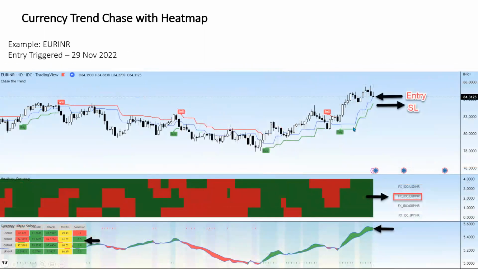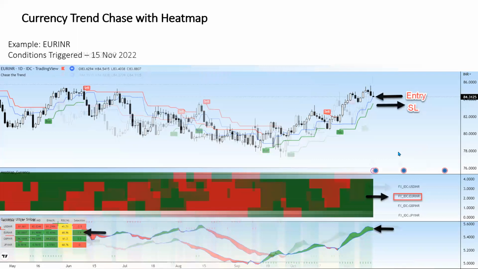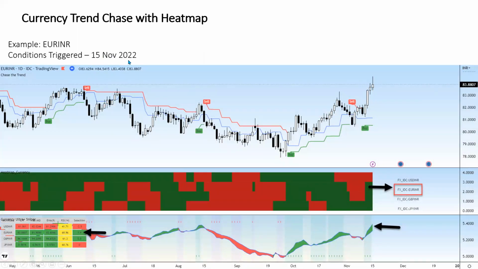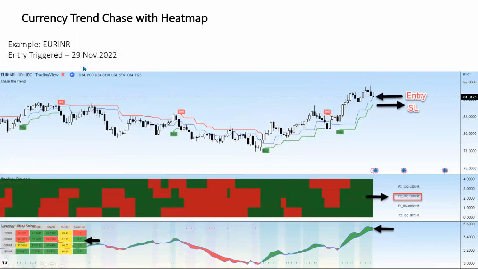we will wait. So let's say this is next, the previous slide was 15th November, okay, then we move on 29th November, this is still green, Euro is still in green, but it is now not as per the current highest selection, but that's okay, we had earlier figured it out. It यहाँ पे भी heat map में is Euro is still green, so whatever was, it was very high earlier, वो यहाँ पे कहीं high था, so ये pivots मेरे roll up हुए हैं, right, तो यहाँ पे हम एंट्री करेंगे at blue line, और SL मेरा रहेगा ये green line के बिल्कुल नीचे। तो देख रहे हैं आप कितना छोटा स्टॉप लॉस होगा हमारा always।